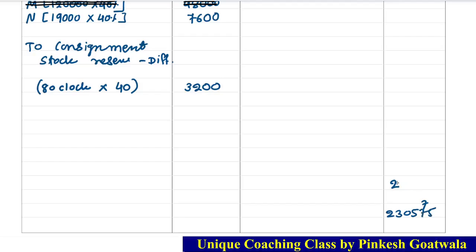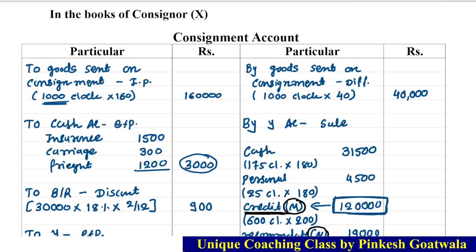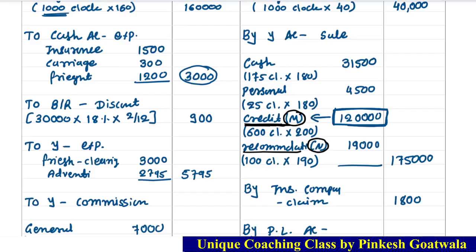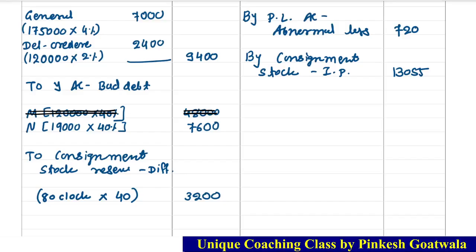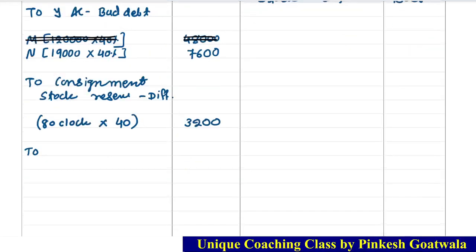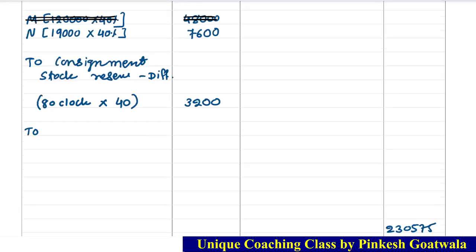And let's list all the debit side. Here 160, 3,900, then 5795, 9400, 763200, 40,680. It is our profit. Okay, profit આવ્યો છે 40,680. Okay, so here we give effect to P&L account, profit